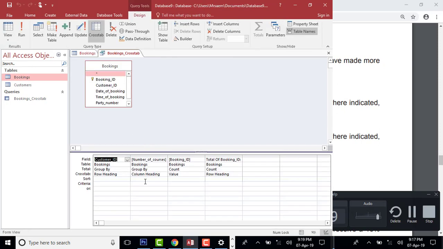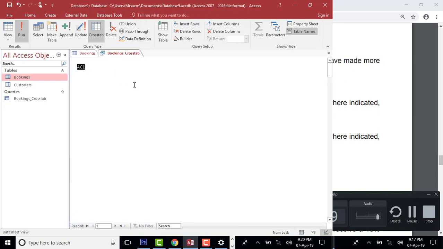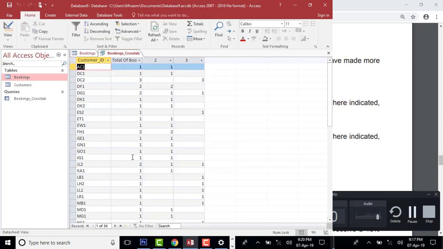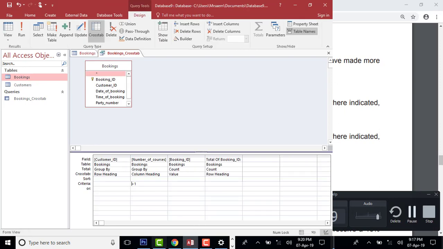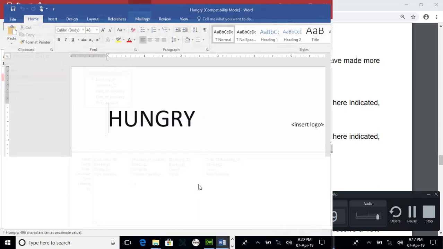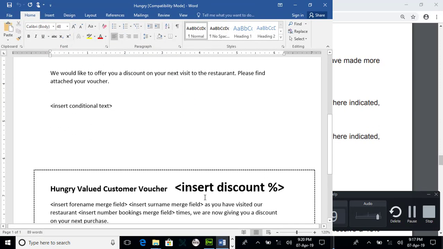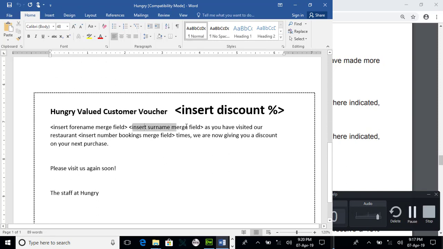If I come to the design view, if I say number of courses greater than 1, then obviously I get all the number of courses which are greater than 1. That is done. You get this point? Okay. Then what I have to do is, if you read the question again here, you will see in this question paper, I need the surname, I need the forename, okay, and